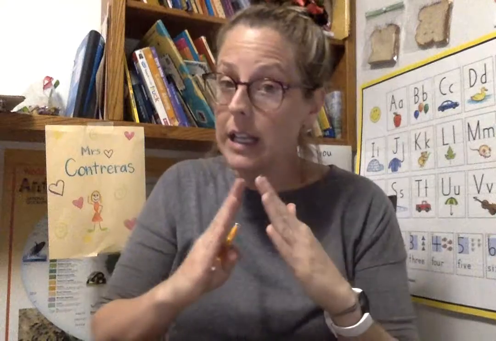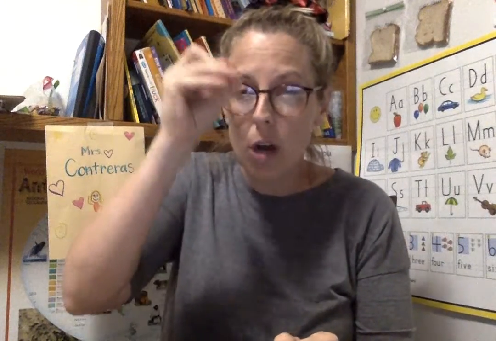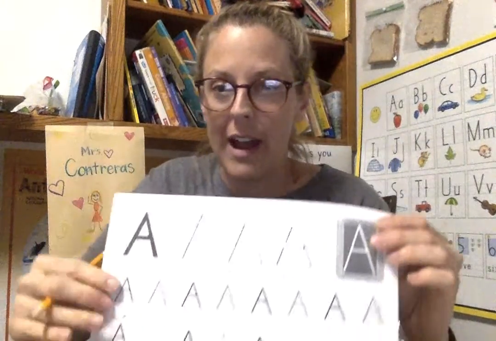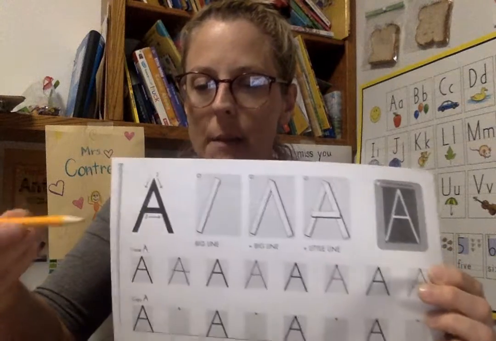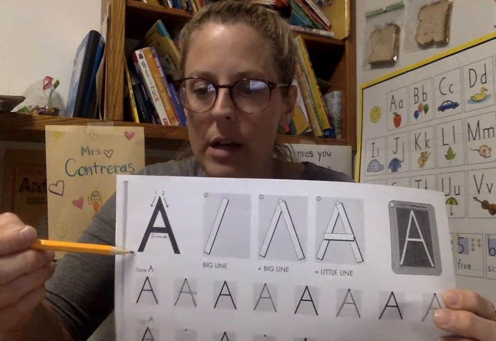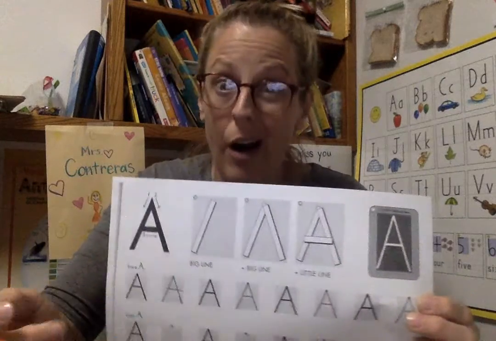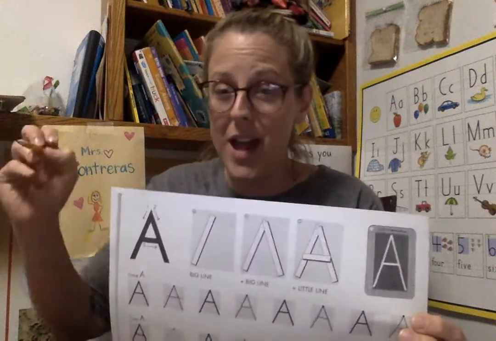The reason I want you to start at the top is to be sure that our A's are nice and clean, that they have that really sharp point at the top, and that they are inside of our writing space. Sometimes if we start at the bottom and we come up and go back down, our A's can get a little wild, they can get a little big,